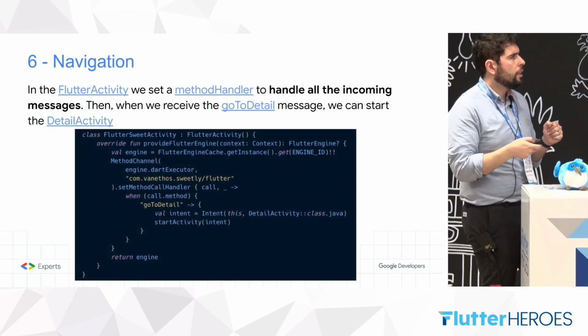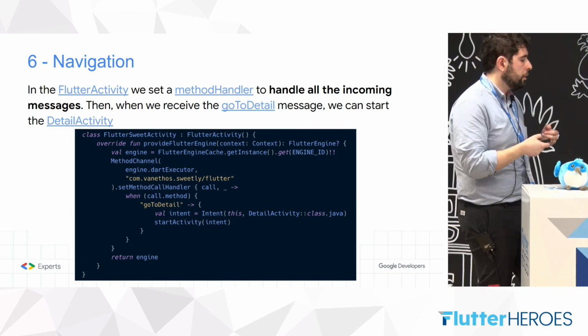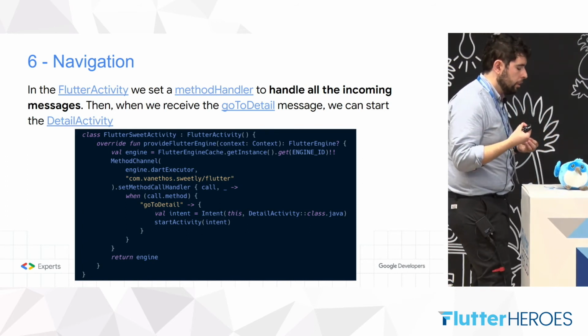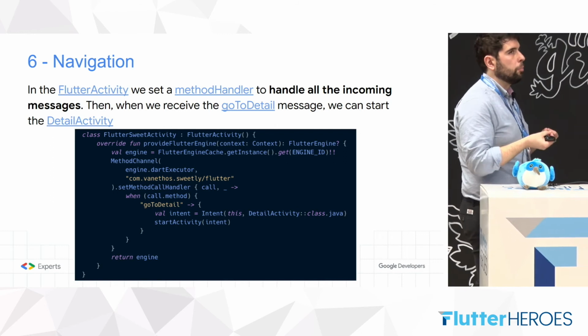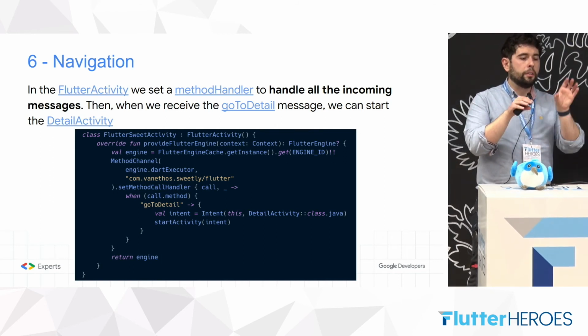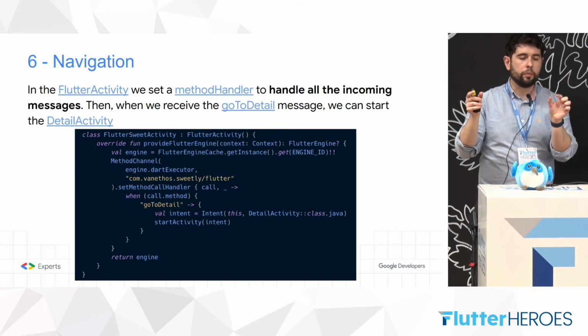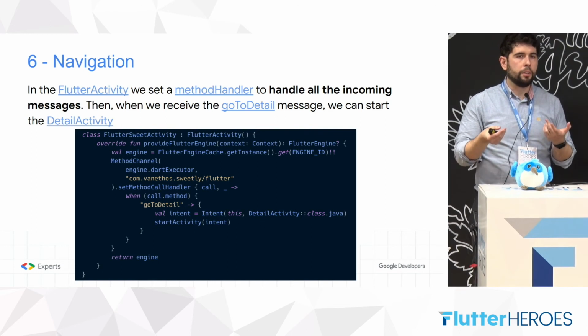But before handling it in Flutter, we have here just a slight problem, which is we said that our navigation is going to be clicking on an item, and then we need to pass that information into Flutter in order to display the